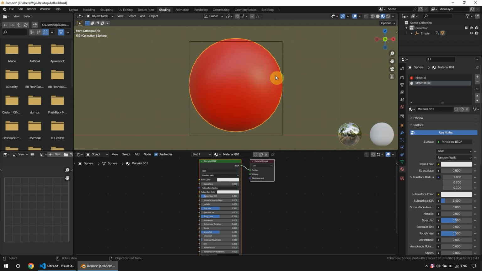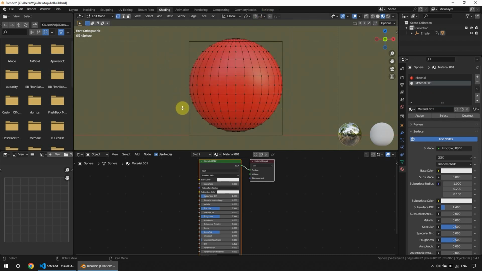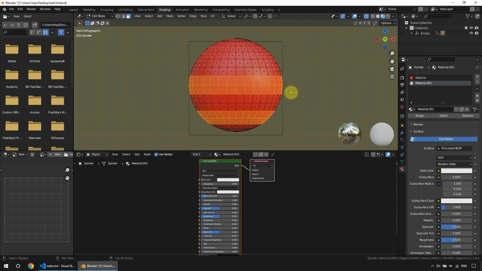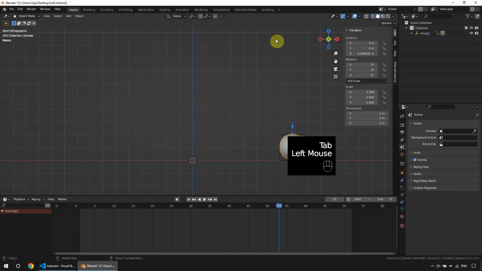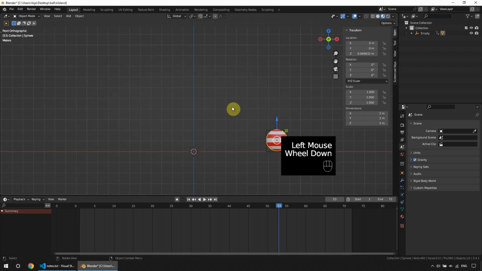Okay, for some stripes so that we can actually see the rotation, so Alt Z for X-ray, which is happening, and face select obviously. Okay, so select these, shift these, and shift these, and yeah, white is fine, I guess. Why not? We just want to see the rotation. Okay, so back in the layout, let me switch on viewport shading here. So let's play this,